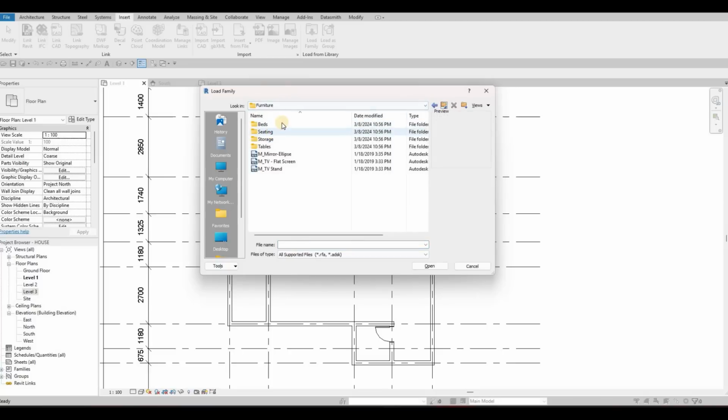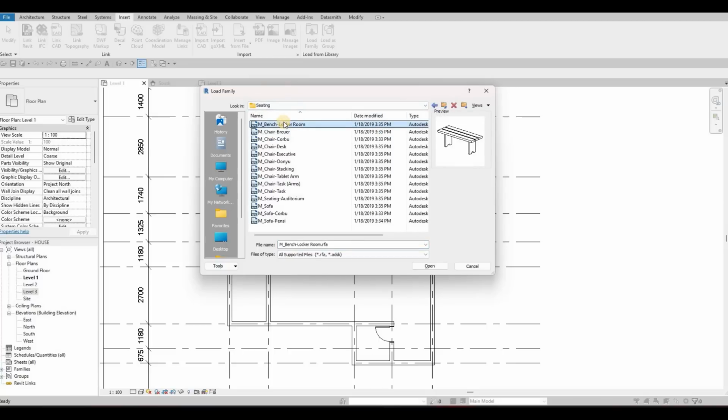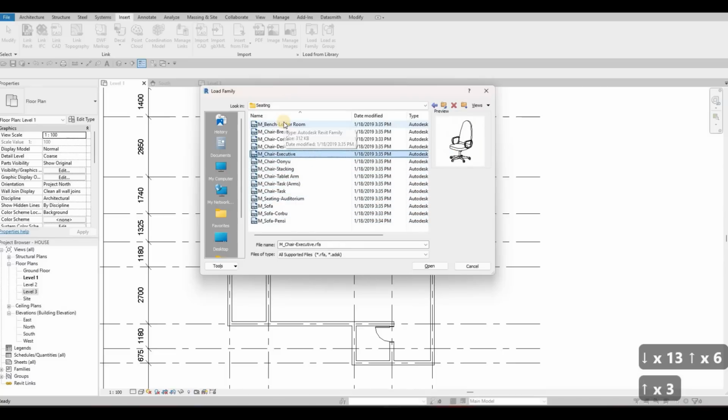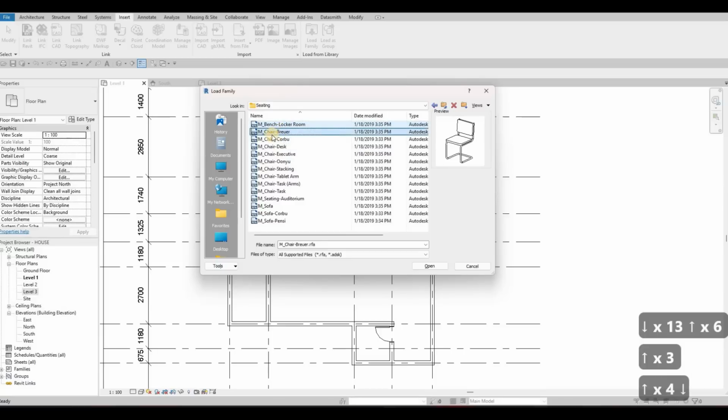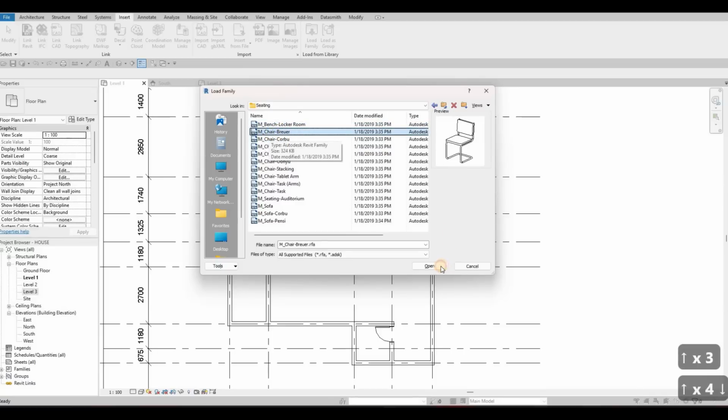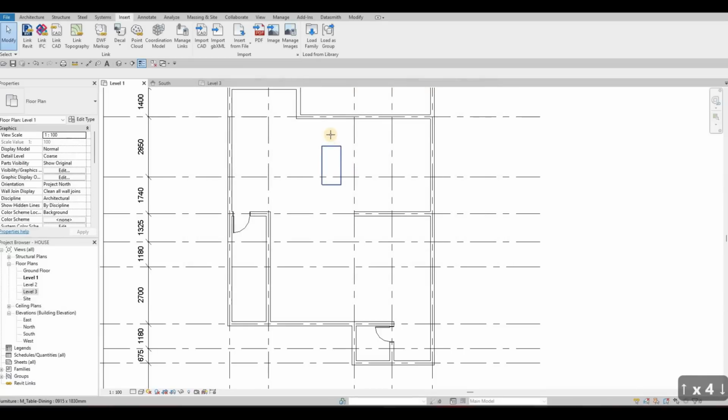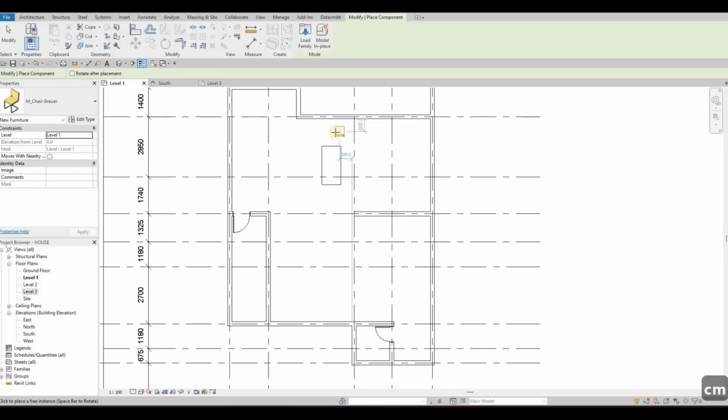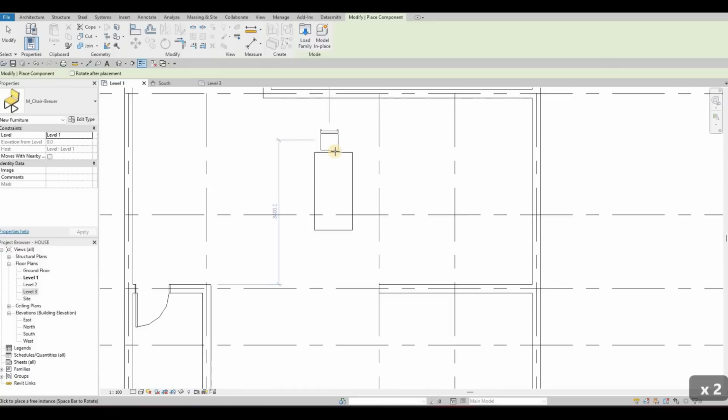Let's go back here, let's go to seating, and then we're going to add, I believe this one is good. I'm going to add this chair brewer. Press open, CM. So once you add it, make sure to add it again so that it's the next thing that will pop out once you type in CM. And then here,